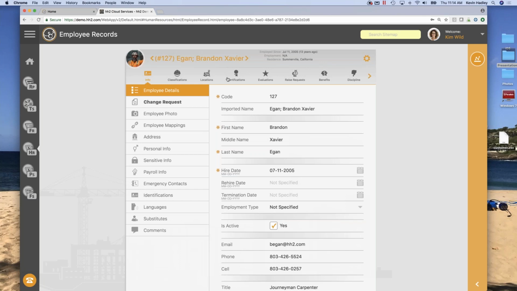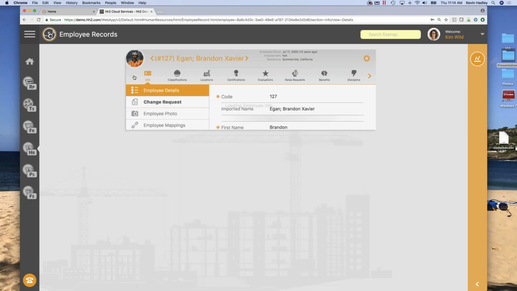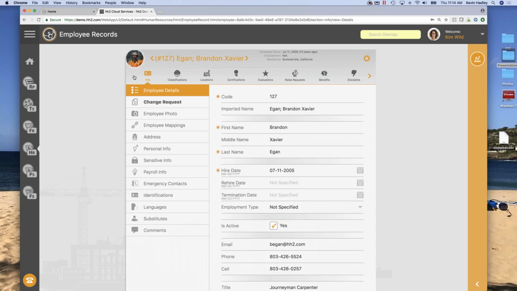You can go into Brandon and you can see different tabs here that are up top. These are just a handful of tabs that we have. There are other tabs across the top here that you see. I just hit this button right here to scroll over to the other ones. Now, you do not have to turn on every tab in the system, but everything that I'm going to show you today is included in the monthly pricing of this particular product. So nothing is piecemeal. You don't have this add-on or that add-on. Everything that I show you in HR comes with our HR program.